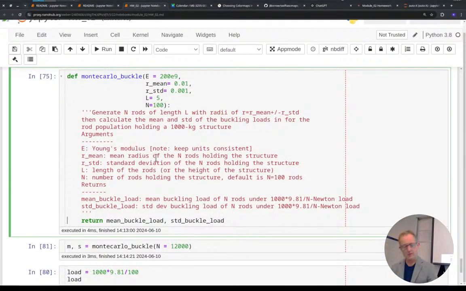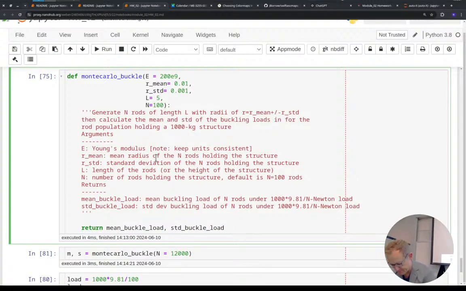But isn't the question asking what length, how do you change the length to affect that? Oh, let's give it a shot. Assuming you keep the number of rods the same. All right, so let's say,